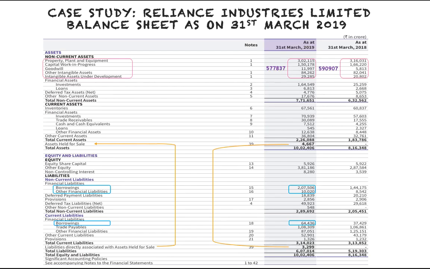So that's all we could cover today. A few other things, the trade payables, other financial liabilities, other current liabilities, you can read in a similar way. Go to the respective notes, see what has grown, what has gone down. There's not much change there, but you can see the notes over there, and the provisions and these things. Deferred tax liability and asset has also changed. For that you can see my separate session on what is deferred tax liability and deferred tax asset. I'm not covering it just now because of